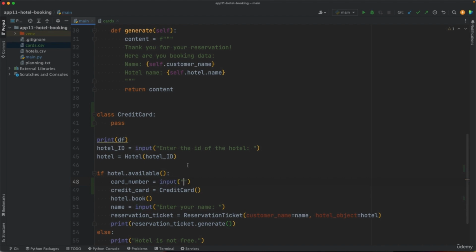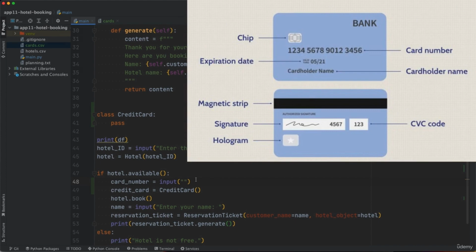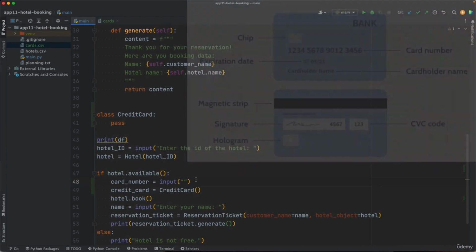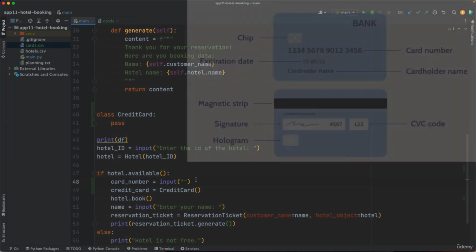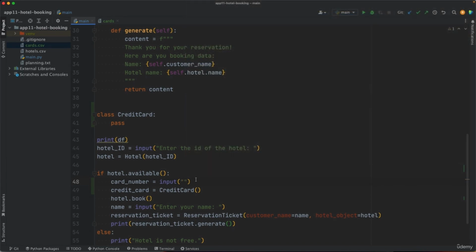If this was a web app, then we would show the user some text boxes where they can enter the credit card number and the expiration date of the credit card number, the name on the credit card, and also the CVC number, which is like a 3-digit number in Visa and MasterCards. So these are the data that the app would need to validate that credit card. So we can ask the user for these three, like,